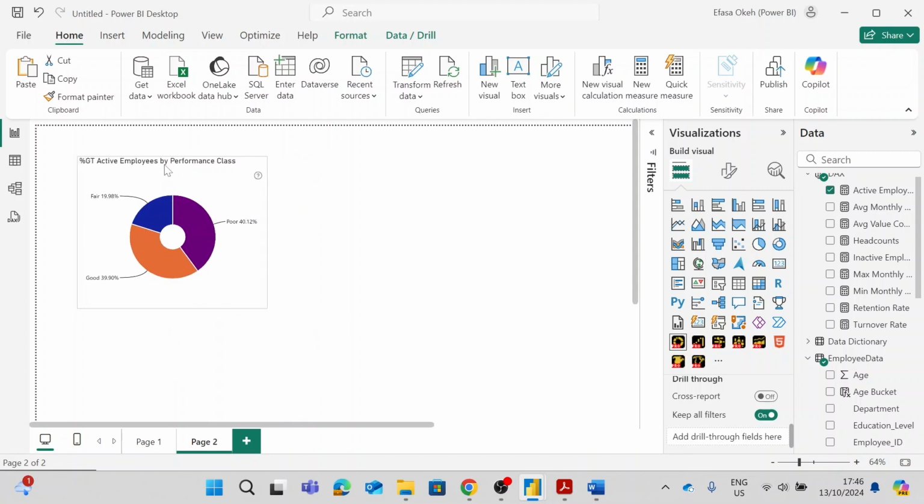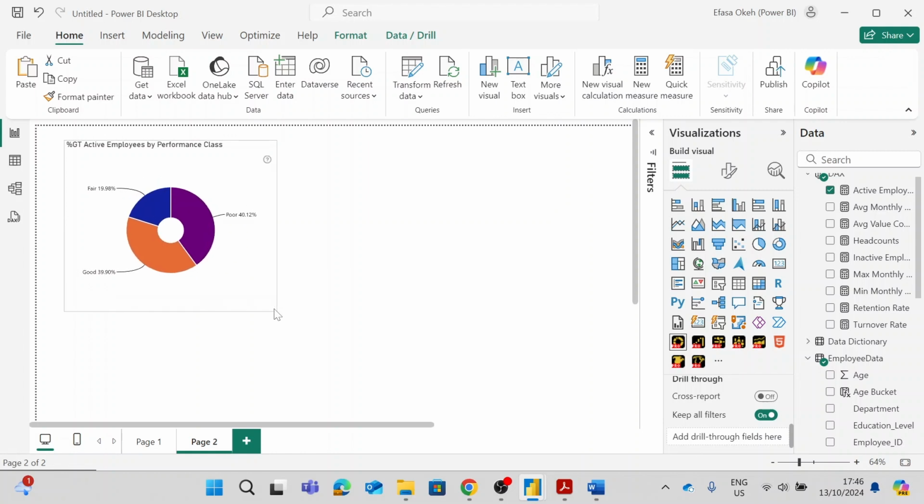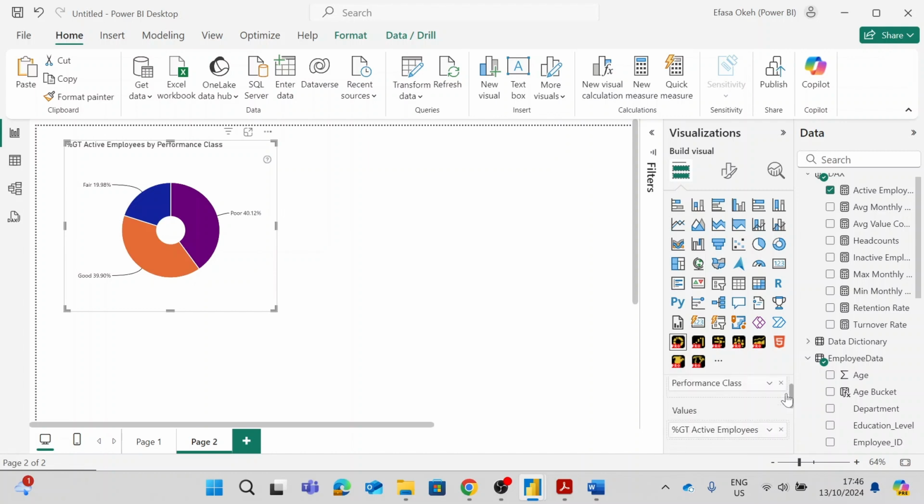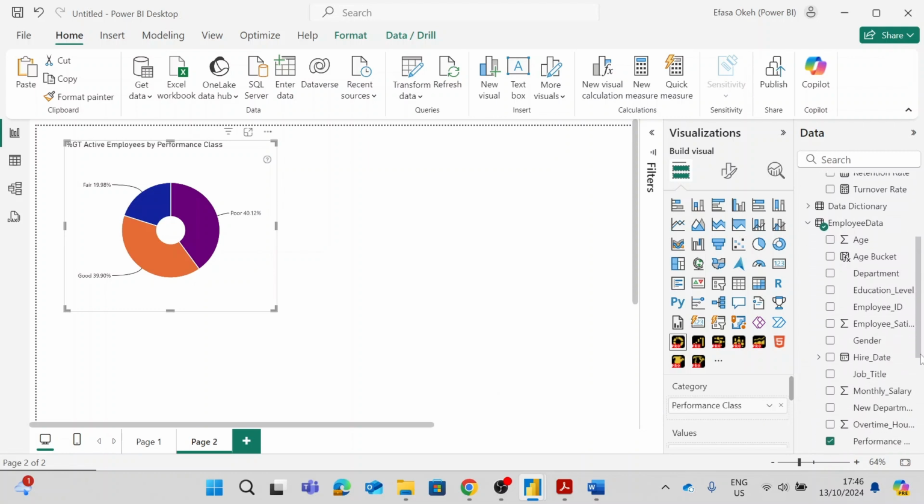That's the beauty of ZoomChart, right? You have a lot of employees. You can drill down, go to each department and see the employees that are performing poorly there. But there's something you can quickly do while you're here using this ZoomChart. You can add different layers that you can drill down to. We are looking at performance class here now. You can say, okay, I want to drill down to the